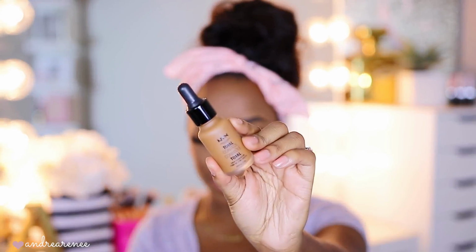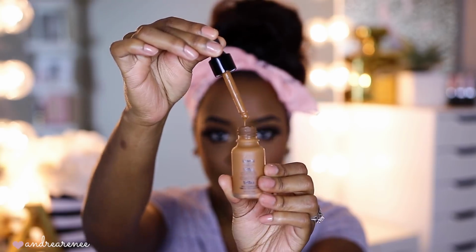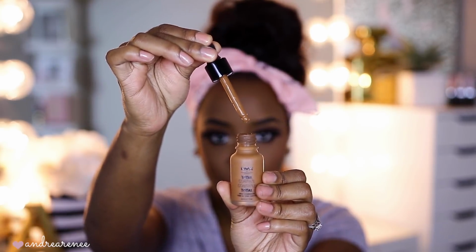very lightweight. This one is actually the only one in today's video that is going to be the most lightweight foundation that I'm sharing. So this is a very liquidy foundation, as you guys can see. It does come with a little dropper. I don't really care for that part of the packaging,